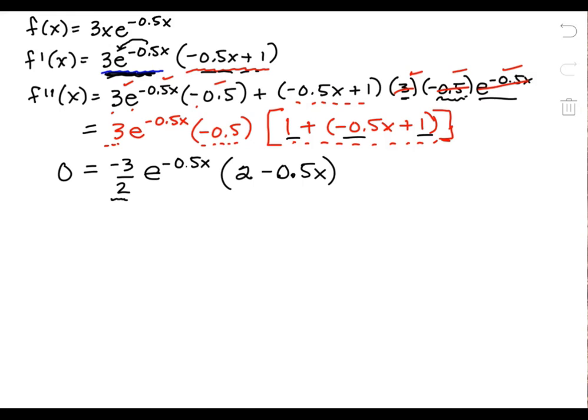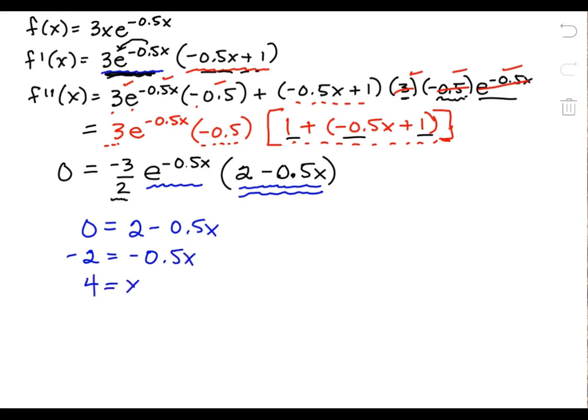because that doesn't make any sense. And now hopefully you're recognizing that I do not set an e equal to 0 because that doesn't make sense since an e can never equal 0. So the only thing that's going to produce a critical value is going to be that factor. So I'm going to set 2 minus 0.5x equal to 0 and solve for x. So if you subtract that 2 and then divide out that negative half, my critical value is 4 for my